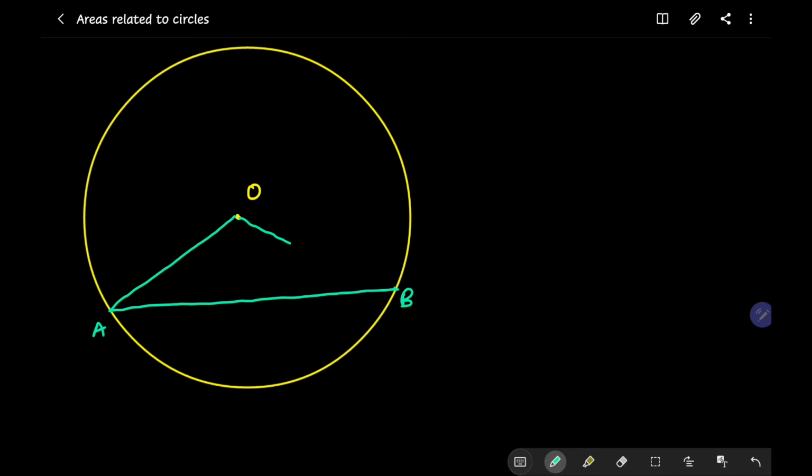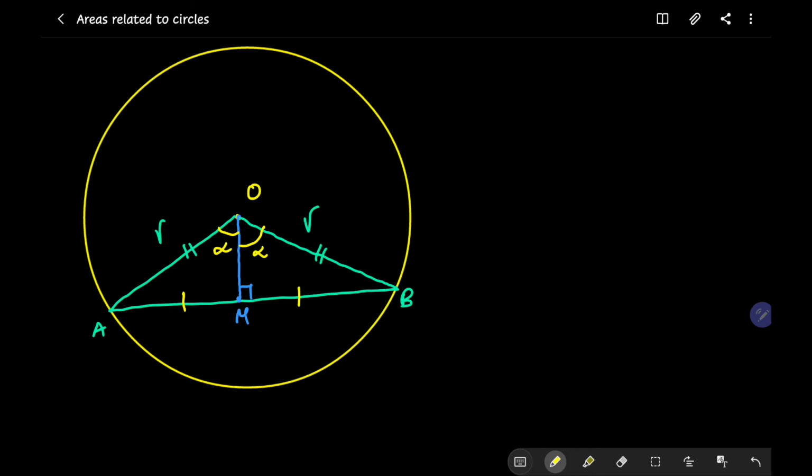You can see the triangle AOB is an isosceles triangle because OA and OB are the equal sides, which are actually the radii. If you drop a perpendicular from O to the chord AB, it divides the chord into two equal parts, which are AM and MB. And also this perpendicular OM divides the central angle into two equal angles. Each of them is denoted by alpha in the diagram shown.